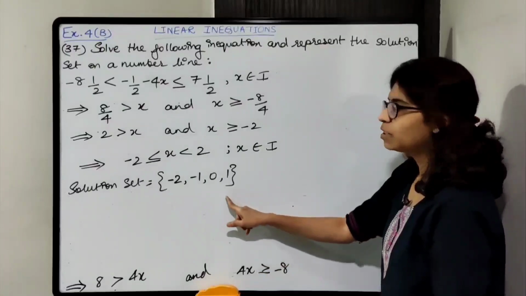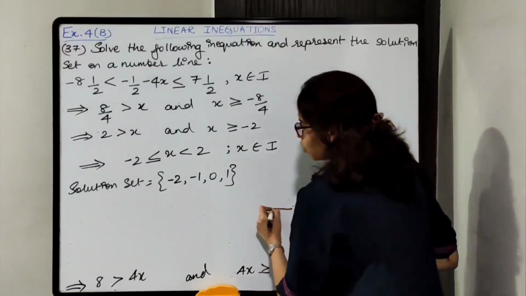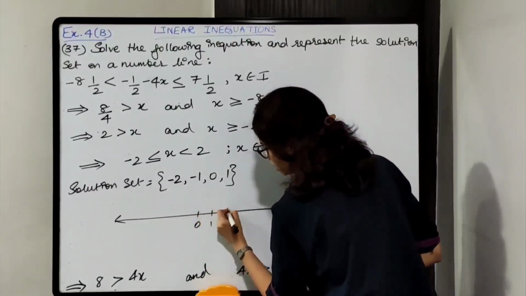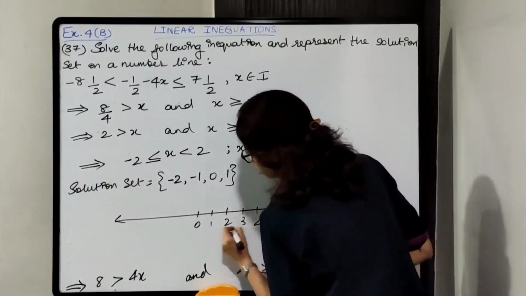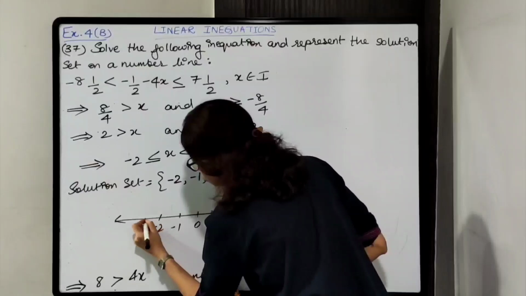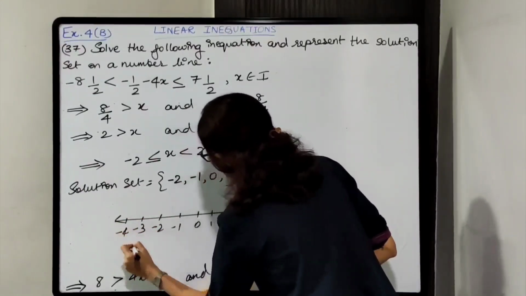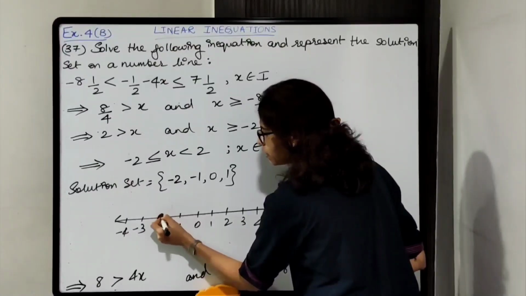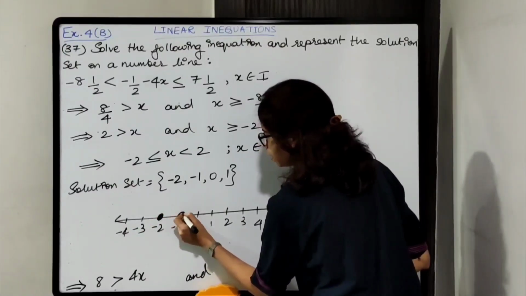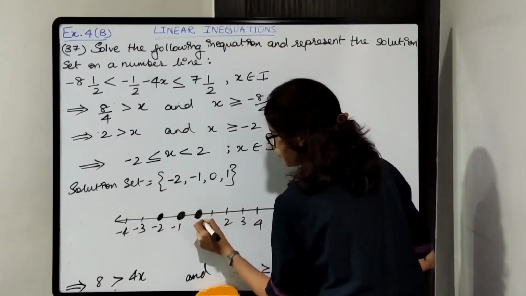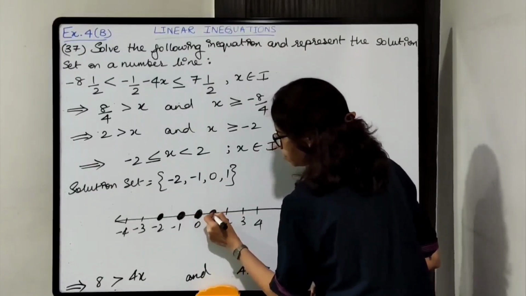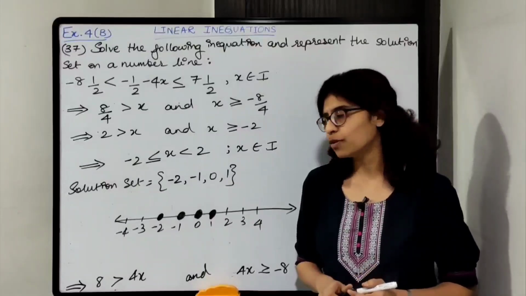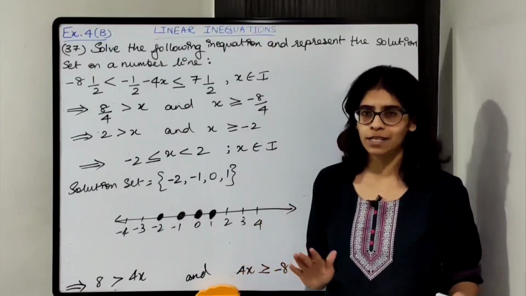So these are the possible values of x plotted on the number line. 0, 1, 2, 3, 4, -1, -2, -3, -4, -2, -1, 0, 1. So -2 circle करके fill कर दो, -1 circle करके fill कर दो, 0 same thing and 1. No in-between values are there. Okay, integers है, so proper values होगा, no fractions, no decimals, nothing. Okay.